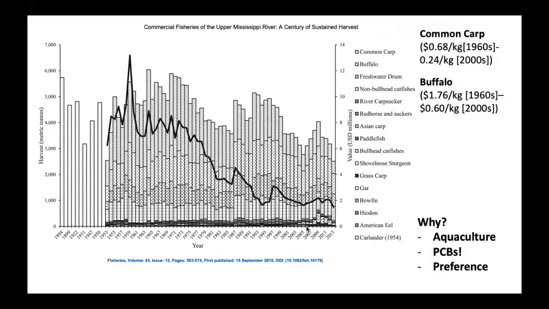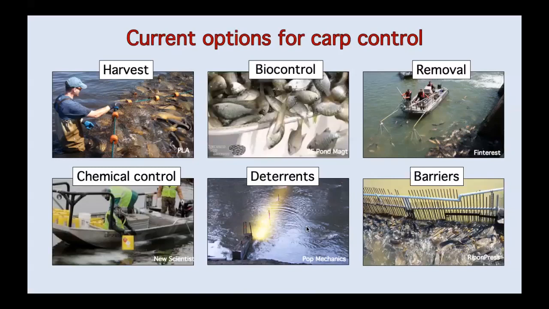And something that you can't see here because of this little thing here, but what I have up there is actually the value of common carp and how it's changed from the 1950s up to today. And basically, carp are worth something like 8 cents a kilogram or 8 cents a pound at this point. And buffalo have also decreased in value as well. And that's kind of a problem because the fishermen are out there really to get their money off those buffalo. And so now they're not getting as many permits to fish those places, and there's not as much fishing pressure on carp. So that's just kind of an interesting thing about commercial harvest, which I would consider sort of the de facto way that carp are being controlled.